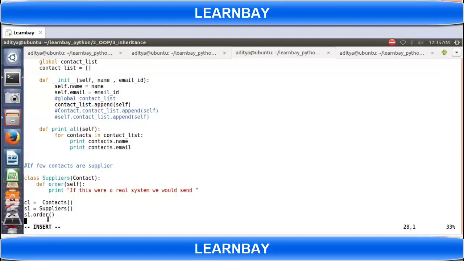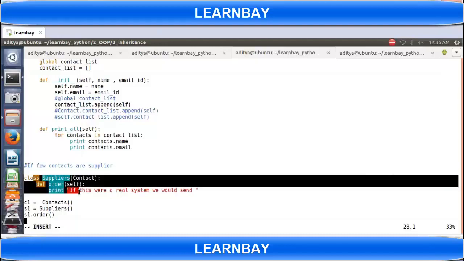So the object memory of S1 still has these two fields only. Functions are somewhere in memory at a different address. When you call S1.order, it is able to invoke order for S1, but not for contact. Why? Because the contact class does not have any order function implemented. Suppliers has the order function implemented.